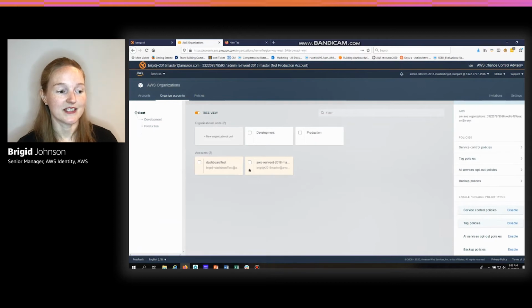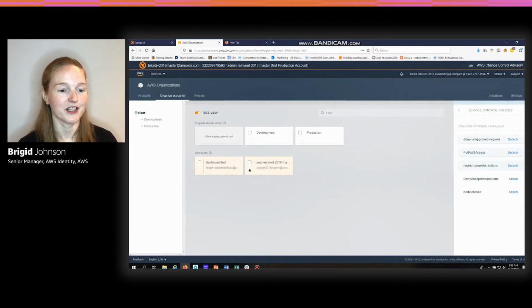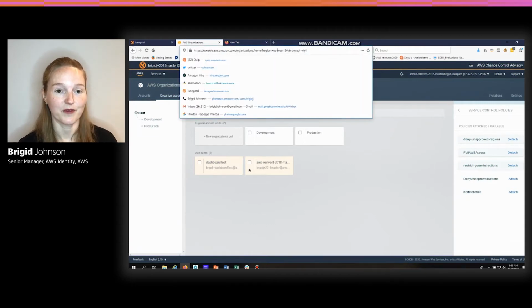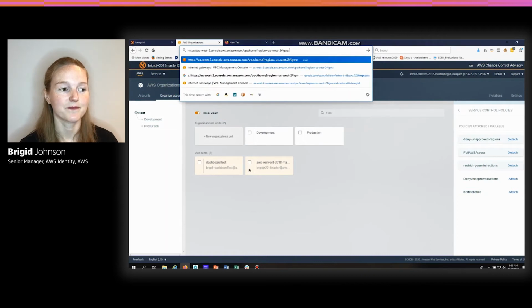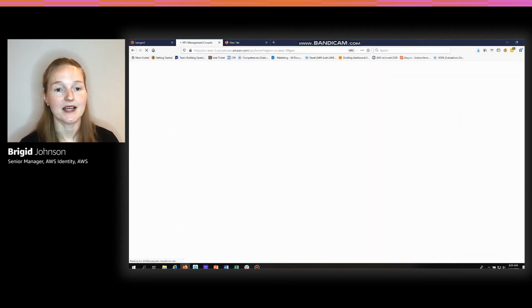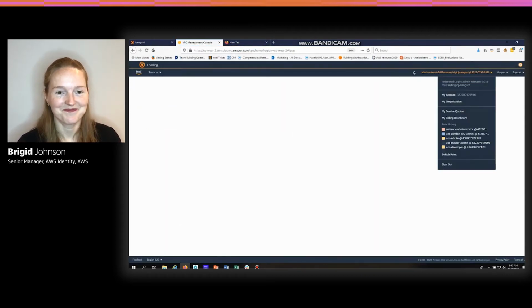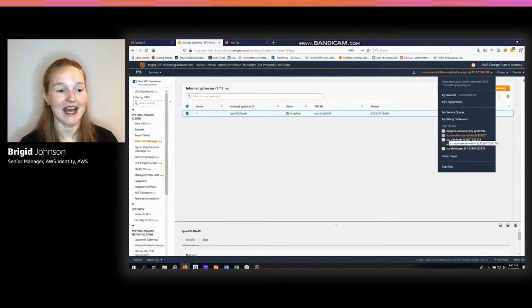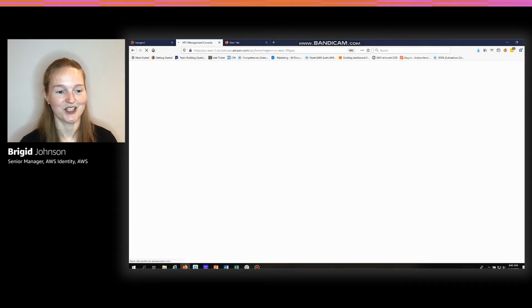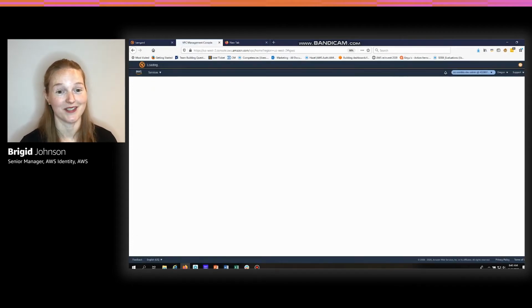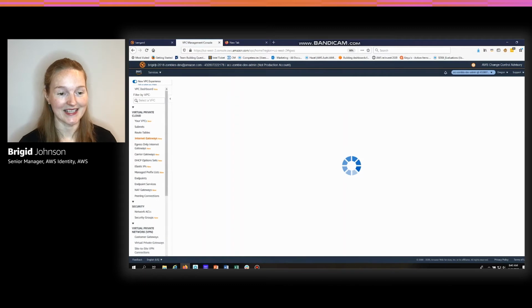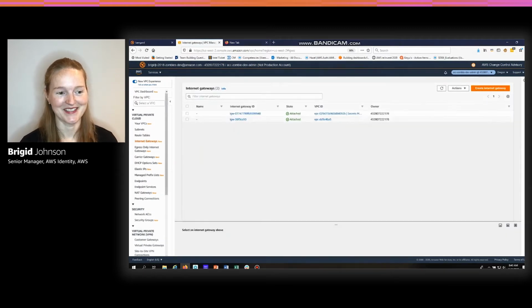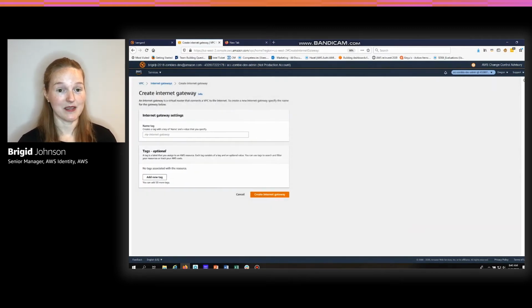This is my organization. I have a development and production, and you can see that full access and restrict powerful actions is both attached there on the right-hand side, and I did that to the root. Now I'm going to navigate to the development account. It's called Zombie. Why not? And I'm going to be a dev admin, and I'm changing the role right now. This means I have full permissions in the account, full admin access, and I did this on purpose so you could see the SCP kick in.